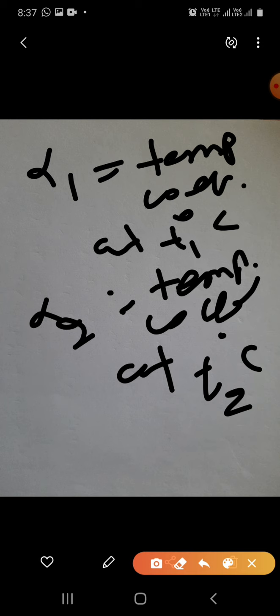Alpha 1 is the temperature coefficient at T1 degree centigrade, and alpha 2 is the temperature coefficient at T2 degree centigrade. Then we can write another equation, which is, I can write alpha 1 as alpha 0 divided by